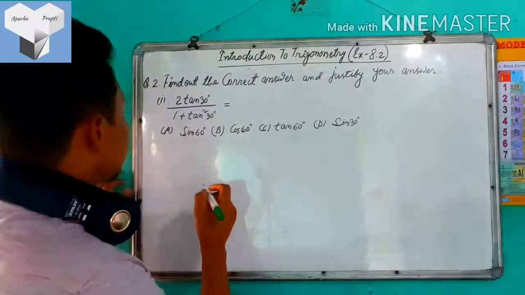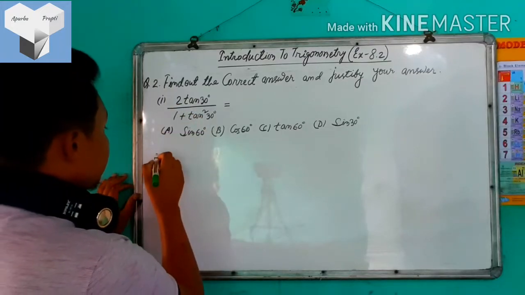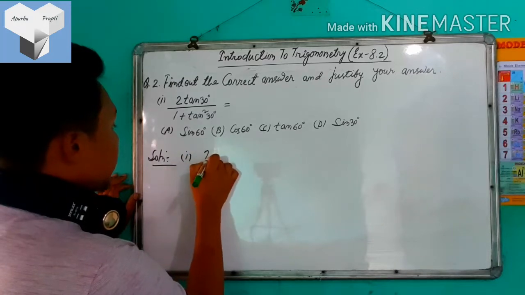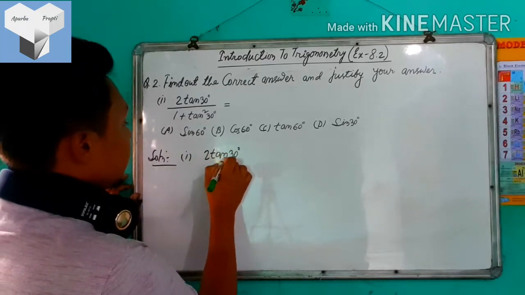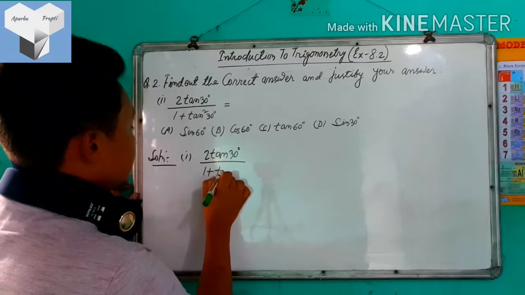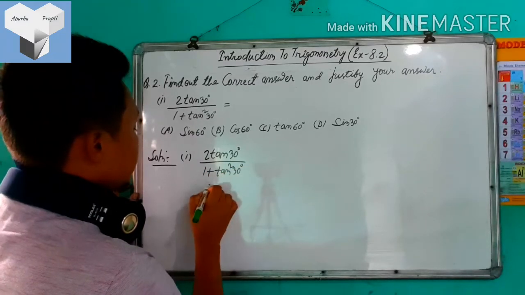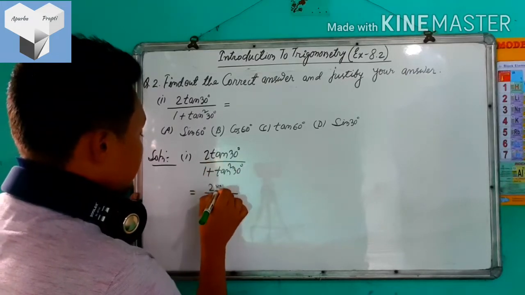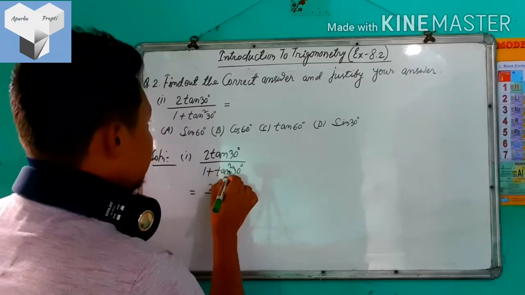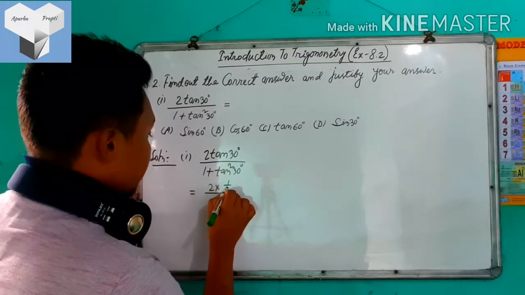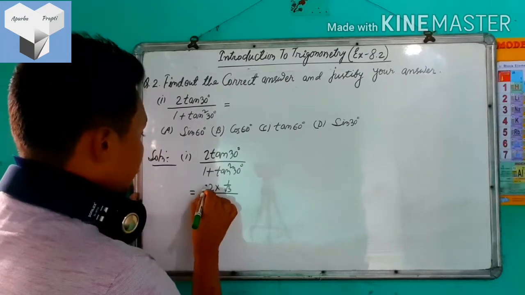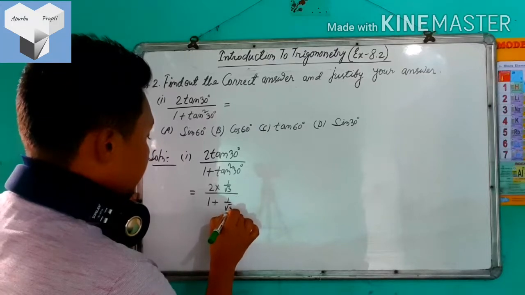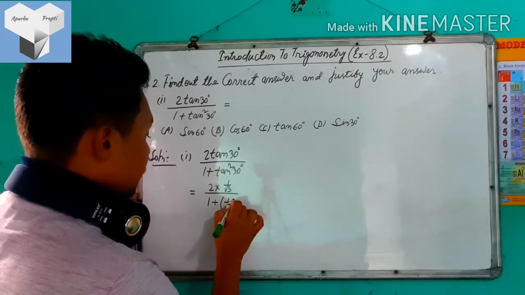Okay, so here first of all we shall simplify this expression. In solution we shall write like this. So given expression is twice tan 30 degree divided by 1 plus tan square 30 degree. We know 2 will remain as 2, this is multiplied with this, and 2 into tan 30 degree is what guys? As you know, it is 1 by root over 3. 1 will remain as 1, plus will remain as plus. Tan 30 is 1 by root over 3. But this is here square, so we need to also square here.